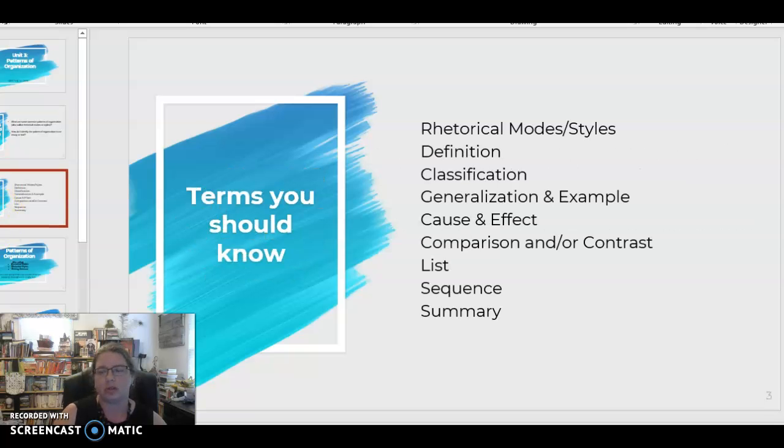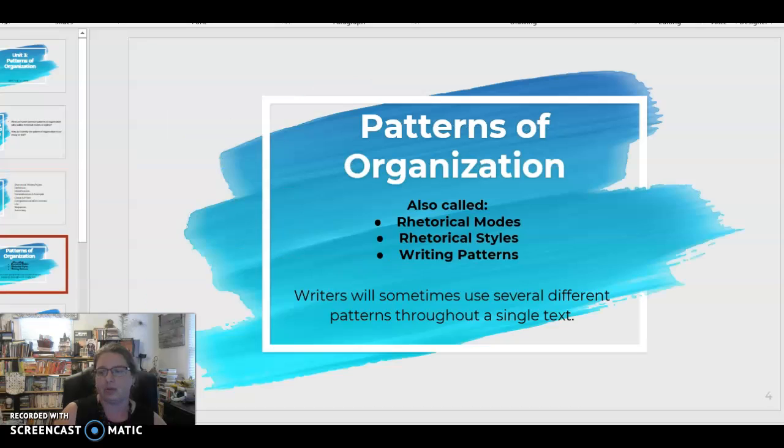So these are the terms that you should know by the end of this presentation: the term rhetorical modes or style, as well as those various patterns: definition, classification, generalization and example, cause and effect, comparison and/or contrast, list, sequence, and summary. So we're just going to go through all of them, starting with the idea of patterns of